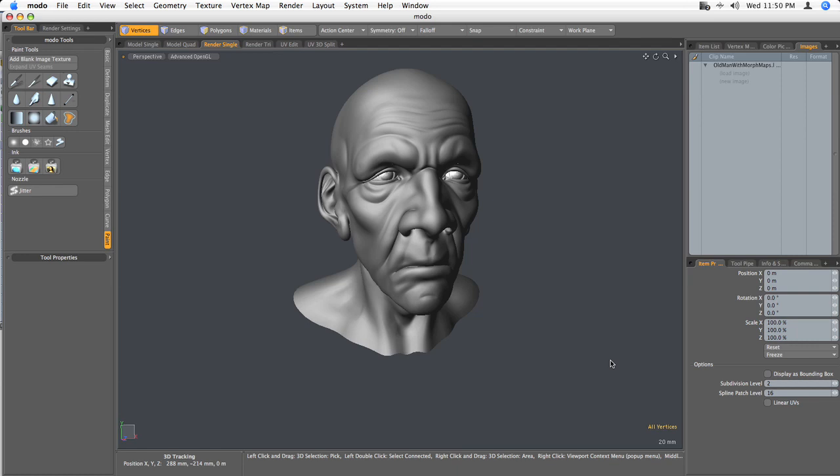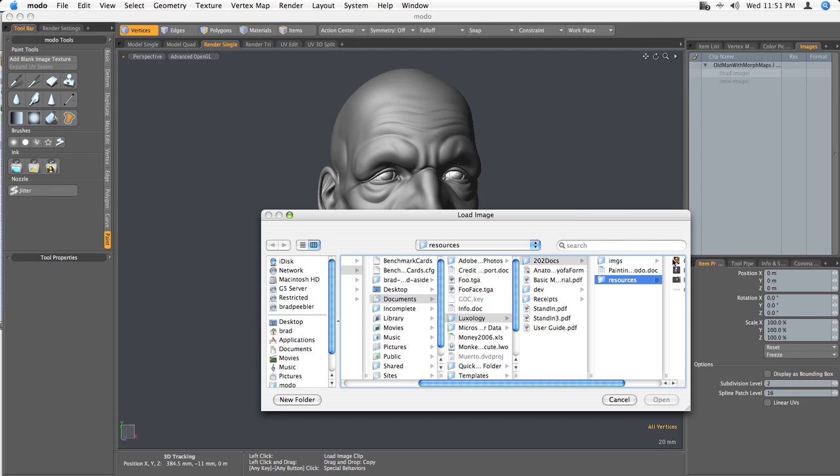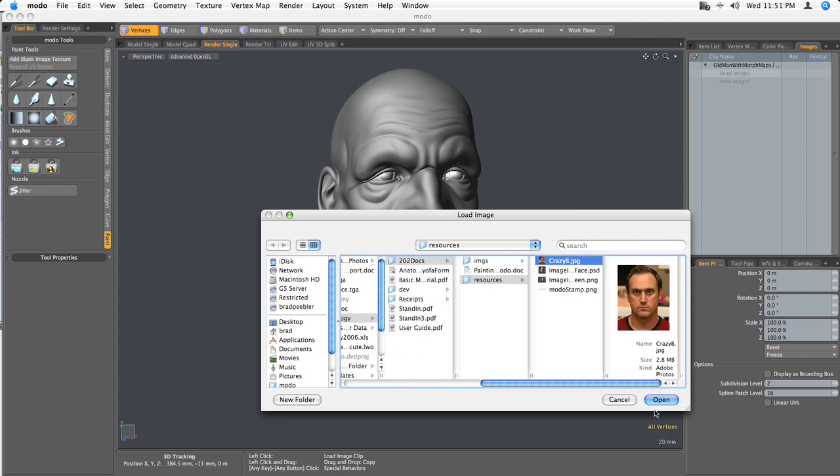The Imageink is a great way for us to use existing images as the ink. It's clever. Let's go ahead and show you. It's actually a very precise way to stamp images down onto your mesh. So we're going to go to load image here, and I'm going to choose,